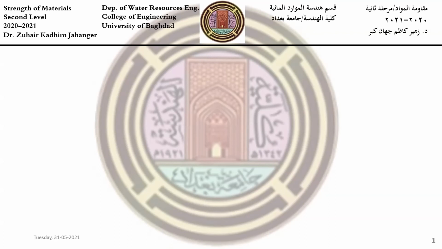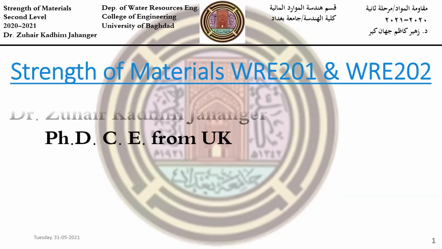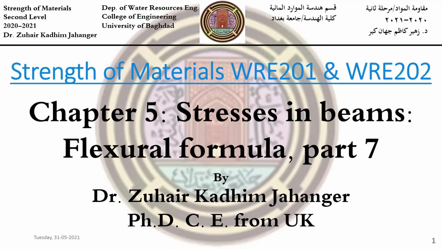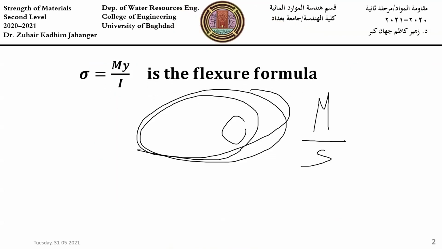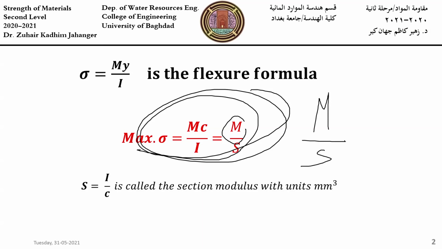Today's lesson will be Strength of Materials, Chapter 5, Stresses and Beams, Flexural Formula, Part 7. The flexural formula is sigma for flexural stress equals My over I, and the maximum stress equals Mc over I, or equals M over S, in which S equals I over c is called the section modulus with unit mm cubic. We went through this many times, and the review is